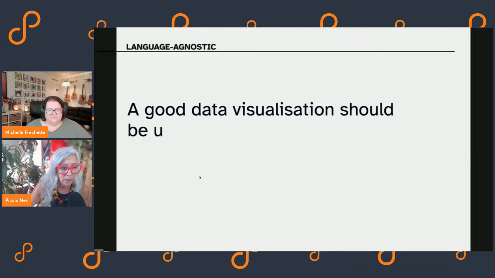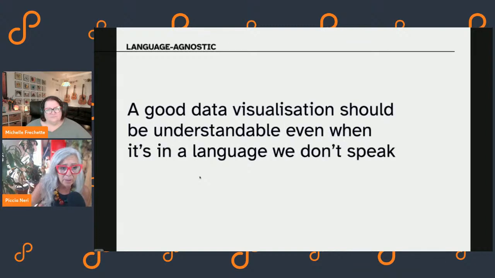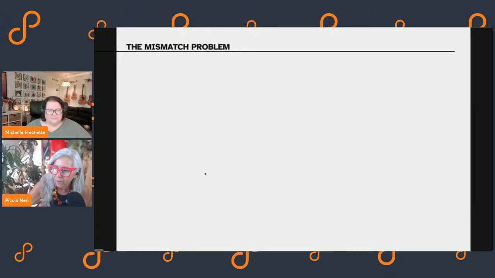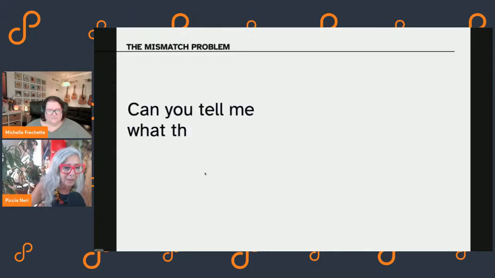Because the first thing is that a good data visualization should be understandable even when it's in a language we don't speak. It should be language agnostic. But the reality is that the majority of data visualizations are not like this. And I will show you a data visualization that I found particularly difficult.